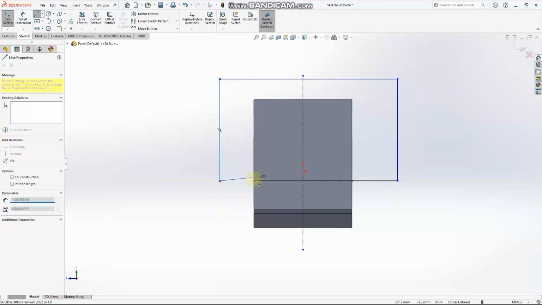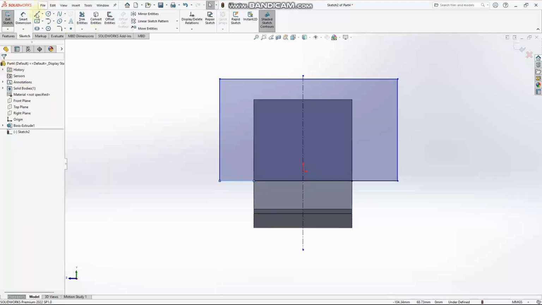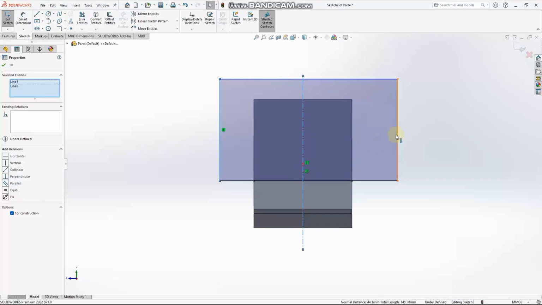We click, then we complete the shape by clicking again. Now we have a full shape. We exit the line tool, then we click on this line, now we hold Control, we click on the center line, and we click on this line,